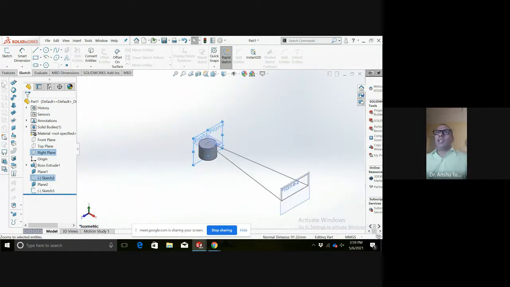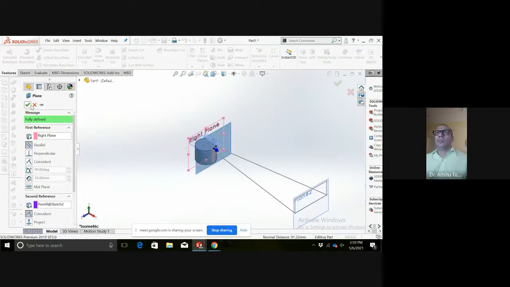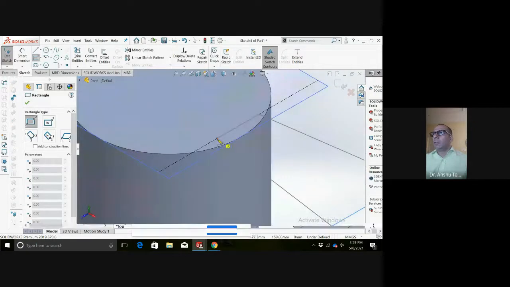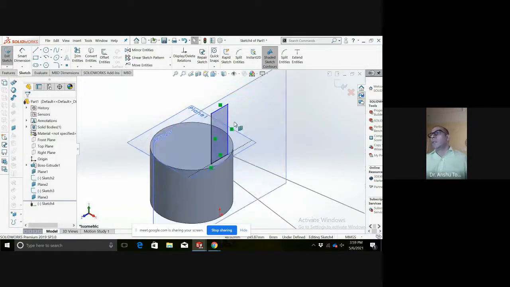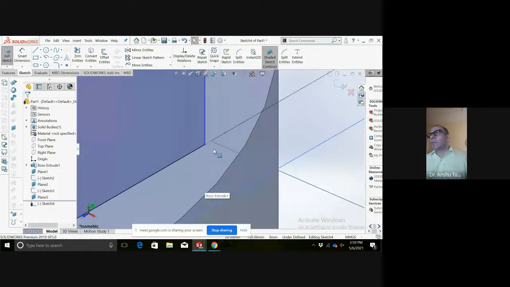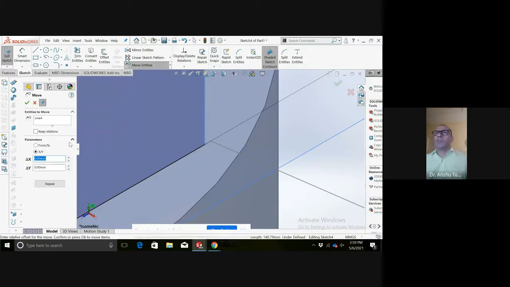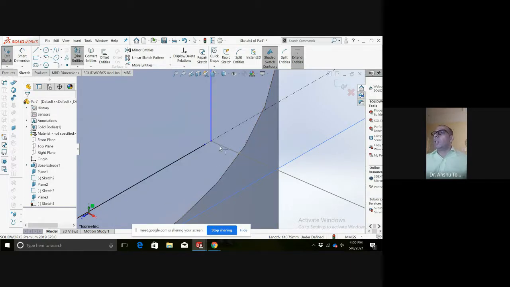I will be requiring another plate at this particular sketch, rectangle, and I will be requiring a sketch here. Extend.